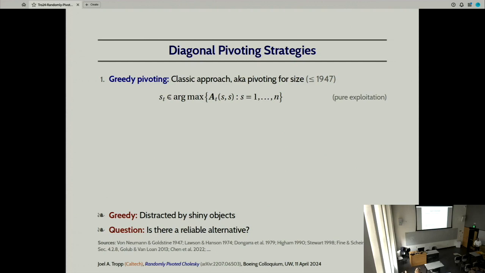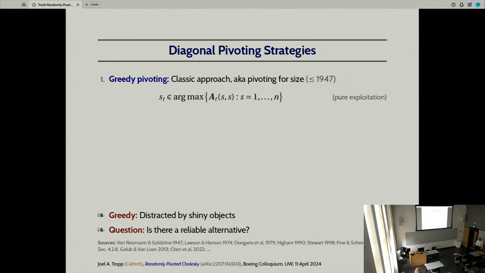All right. So this is, in the parlance of machine learning, a method that exploits the information that we have maximally. It says I'm going to go for the biggest entry on the diagonal every time, but it gets distracted by shiny objects. It's like, you go to the reception later and you're like, oh, that bowl of chips looks good. I'm going to keep eating chips. Chip, chip, chip, chip. All right. And then you forget that you're going out to dinner afterward, where you're going to get something much more delightful. So this is what the greedy method does. It just keeps grabbing the thing that's right in front of it without any further contemplation.